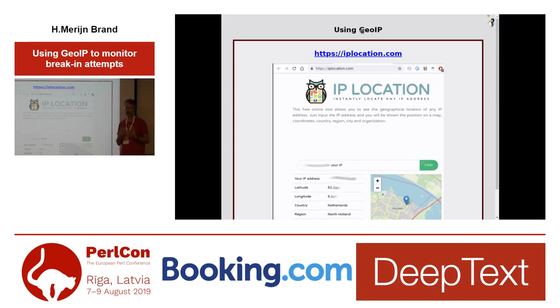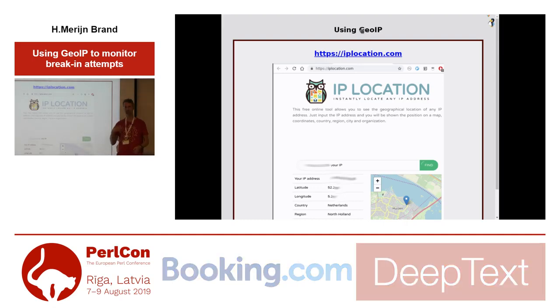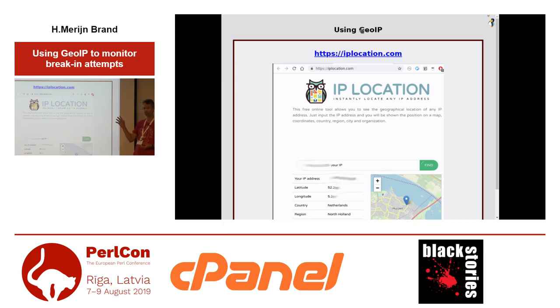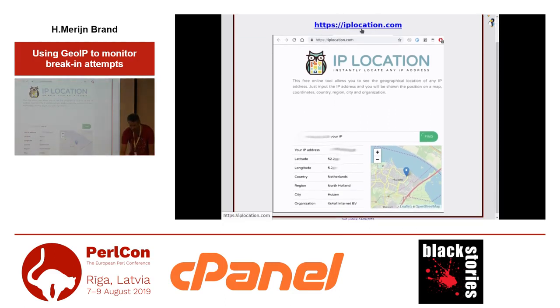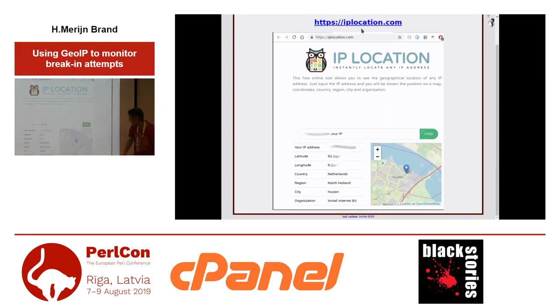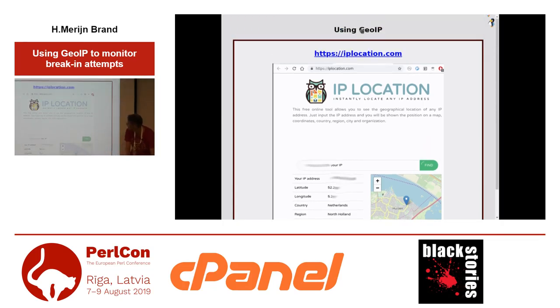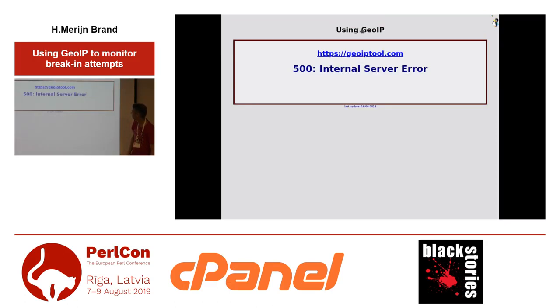How do I find my own location? So there are IP location services, and it tells you I live here. So it knows your IP. It also checks GeoIP databases, but it shows you where you are. GeoIP tool. It's unreliable. I think 80% out of the 100 times that